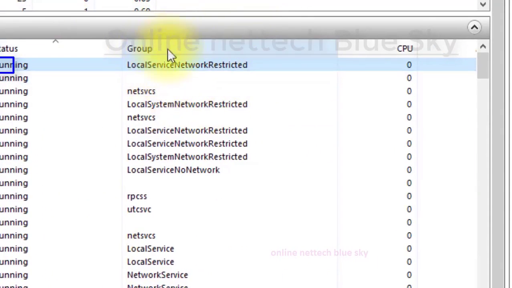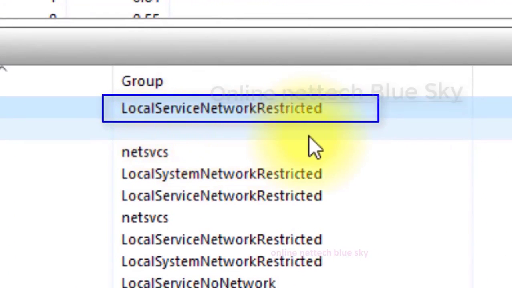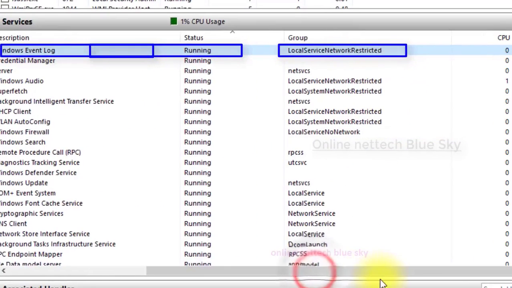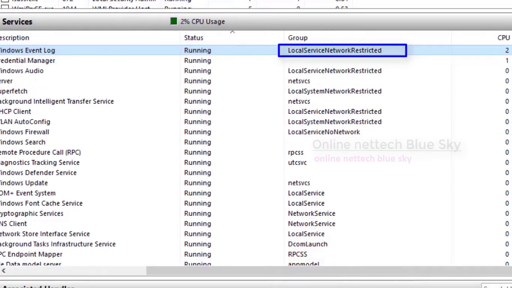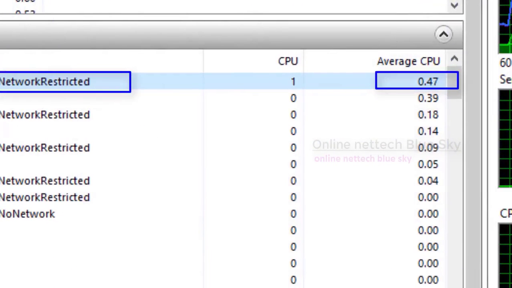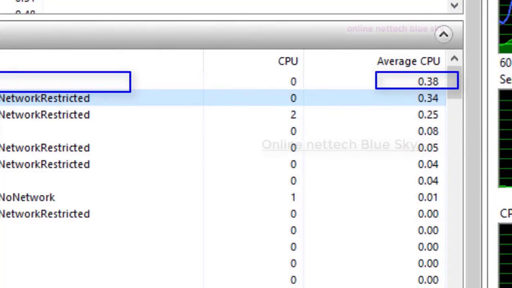My group is Local Service Network Restricted, so the network is not started, and for this reason the network service is restricted and not used in Event Viewer for some logs and files. Maybe if I connect to a network, I can change more here. The average CPU usage is 0.38, 0.40, and may change continuously.